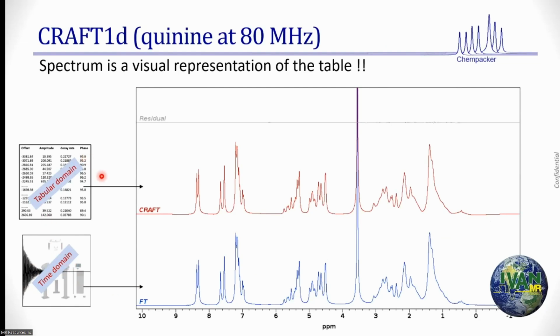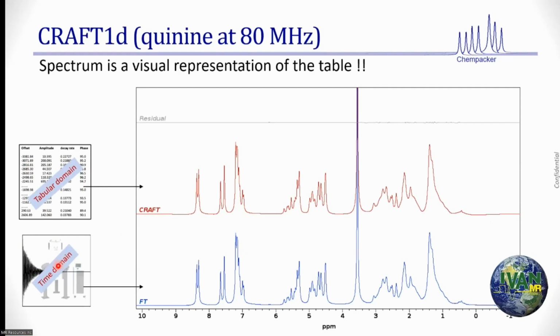In the time domain, we would have converted it into the tabular domain, and the tabular domain has this offset, decay rate, phase, which describes that entire FID in a tabular format. So the spectrum that I see is not anything from the FID. It is just a simulation of that table into a representation that you and I like to see, because we are visual creatures. And the residual is really the difference between the two, not in the frequency domain, not in spectral subtraction,